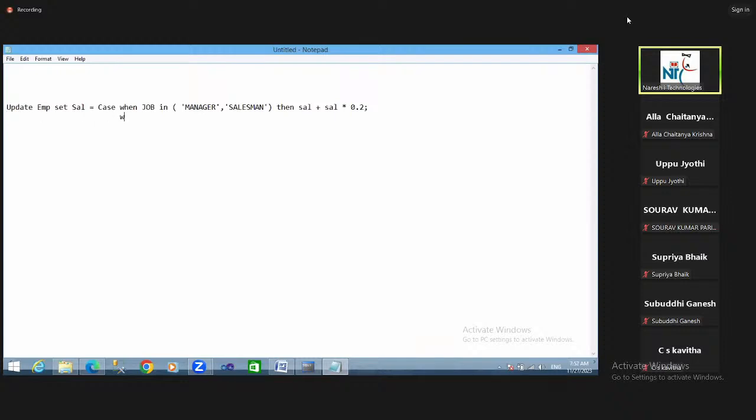When job in salesman or clerk, then salary plus salary star 0.4. For other jobs, else is not required. Then